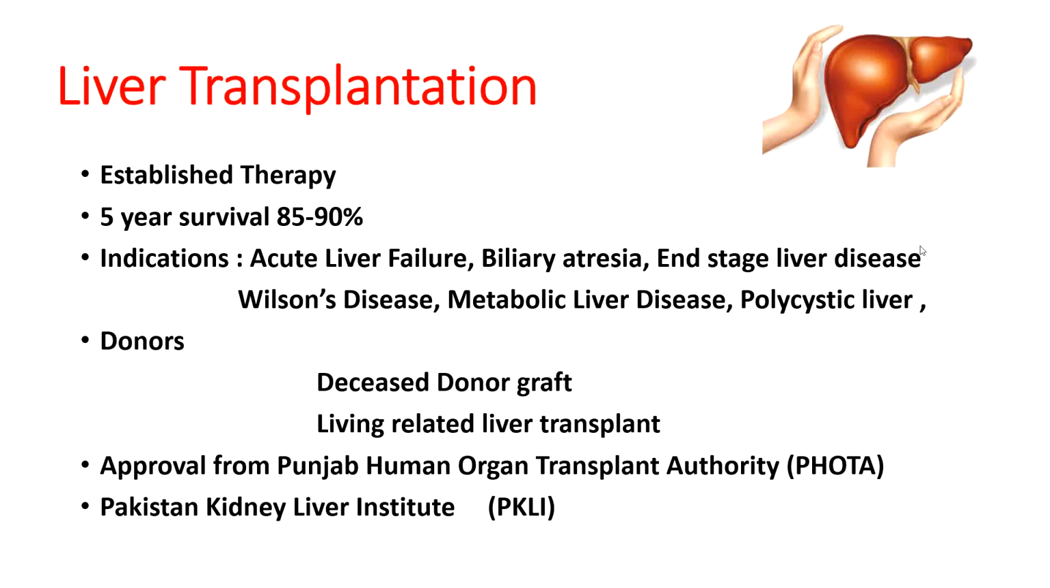Now, who are the candidates? First are those candidates who are very unfortunate. They develop acute liver failure. They got a simple attack of hepatitis or some toxin or some chemical, and they develop acute liver failure. Then patients with biliary atresia, they are benefited. Patients having Wilson disease, metabolic liver disease, polycystic liver disease, or end-stage liver disease, all of them have benefited from